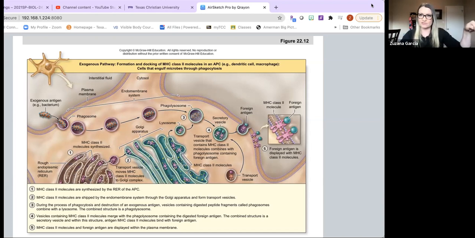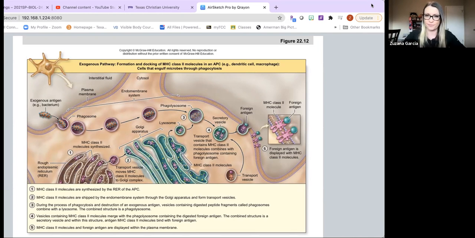In the previous picture, that cell was not an antigen presenting cell and it got infected, it got attacked and it needs to die. Antigen presenting cells engulf things. They are phagocytic cells. They are going to engulf the pathogen and destroy it. They're not getting infected in the process, okay? So a dendritic cell or a macrophage or a B lymphocyte will engulf the pathogen